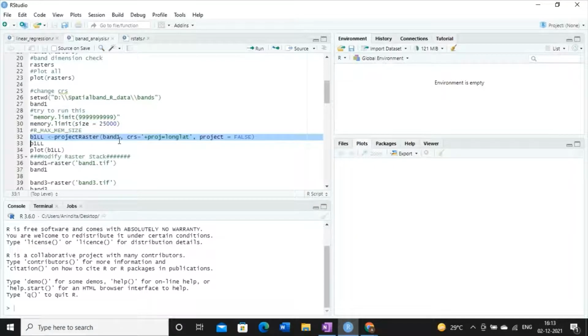So first note, whenever you are performing any project, what is the first consideration? First, you have to decide in which coordinate system you are going to work. If you are going to work on the UTM system, or if you are going to work on the long lat system, you first have to think about that precisely. Whatever raster you are downloading, if it is in UTM, you can change it into long lat format. And on the other hand, reversely, if it is in long lat format, you can convert it into the UTM system. So whatever the scenario may be, I'm going to show you both.